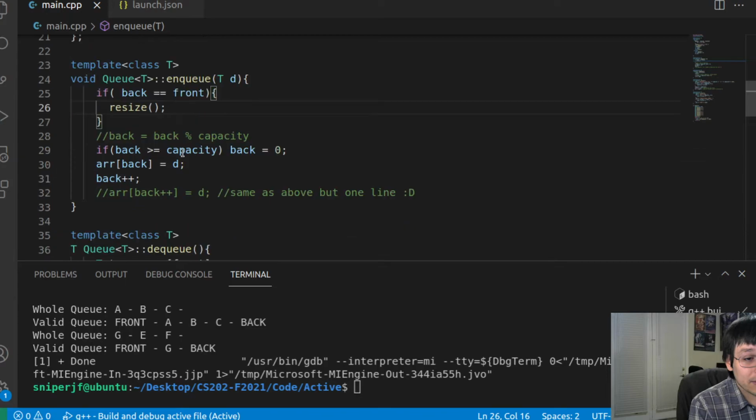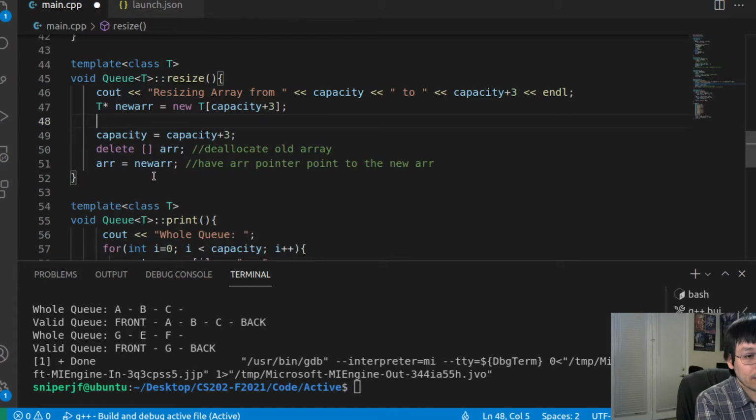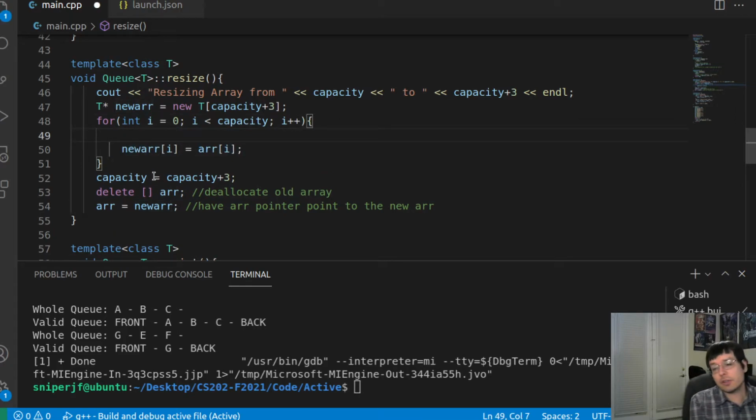So what that means for this is that this for loop does not work. So instead, I can leave the for loop, but I can't just do this assignment. What I'm going to do is take advantage of my functions that I already have, and I'm just going to dequeue and enqueue the number of times that I have for the capacity for the old one because I know it's full. So I'm going to literally write